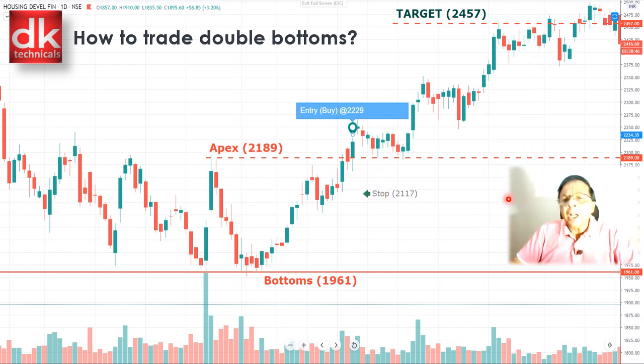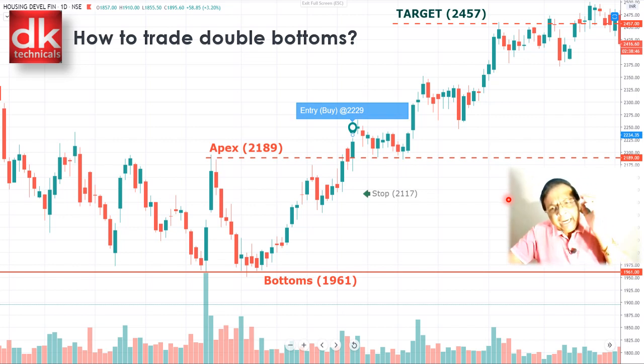We are taking a risk of this much per share while our target is much higher. Now in this we can either book the profit at the target, or decide to trail the stop loss and ride the trend, because in any chart pattern the target so calculated is the minimum expected target. You can see the price has corrected, then again gone up. So we can draw a trend line here, which will help us trail the stop loss. Or once the target has been achieved, we can see the price corrected and then went up. So here we can trail our stop loss to this previous swing low.